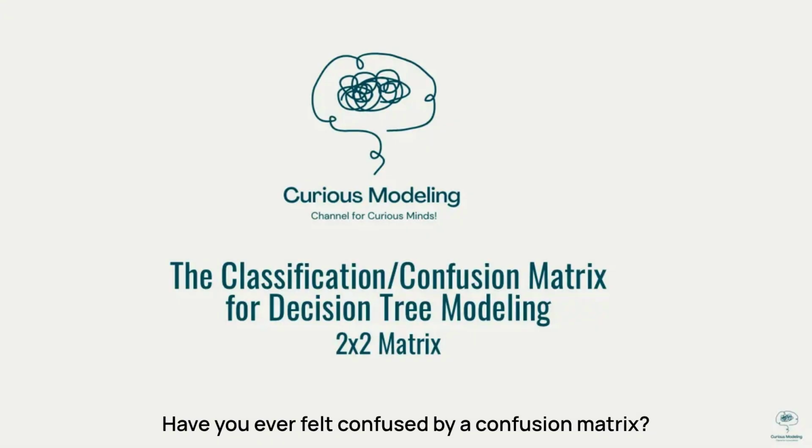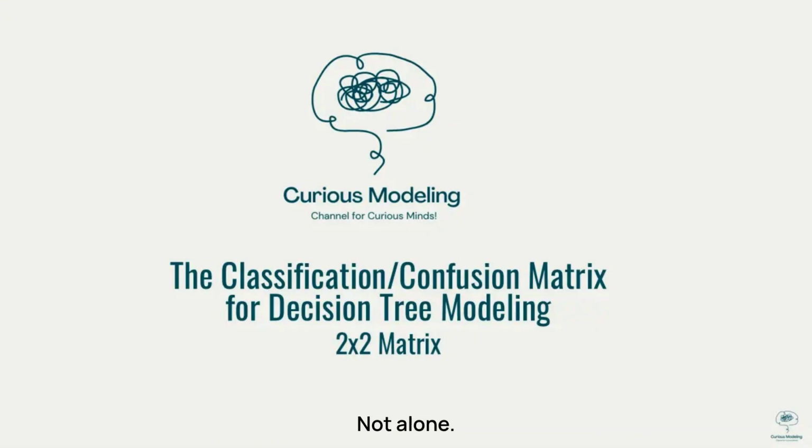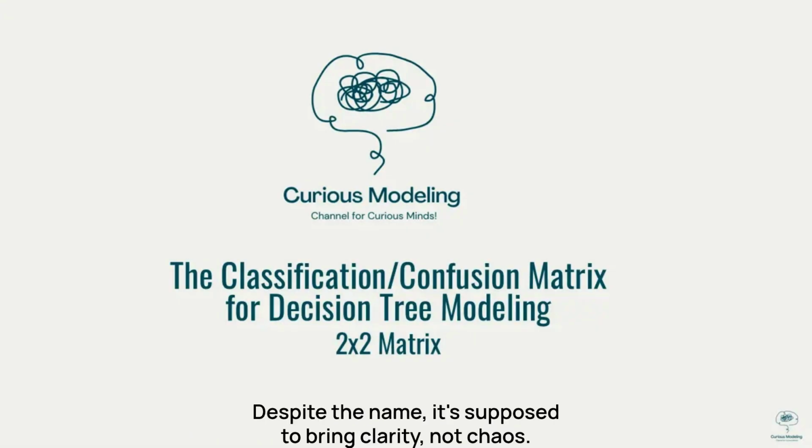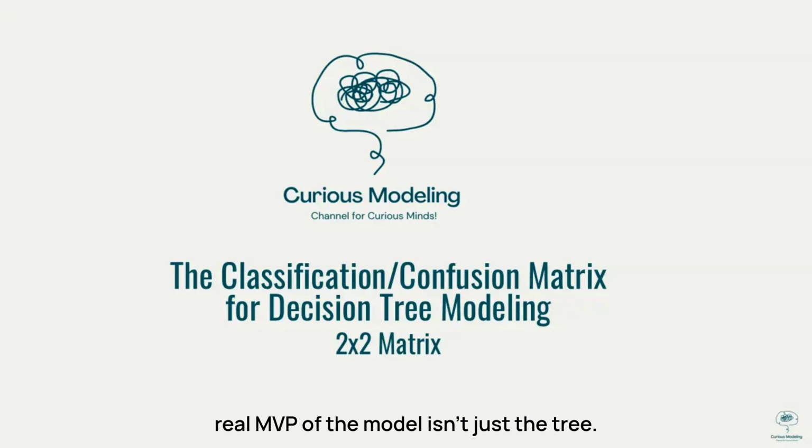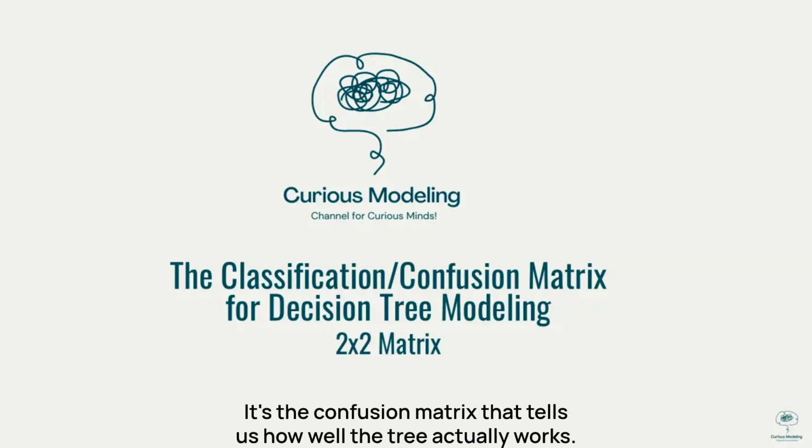You ever felt confused by a confusion matrix? You're not alone. Despite the name, it's supposed to bring clarity, not chaos. Today we're using a CHAID decision tree to predict sports fan behavior. But the real MVP of the model isn't just the tree, it's the confusion matrix that tells us how well